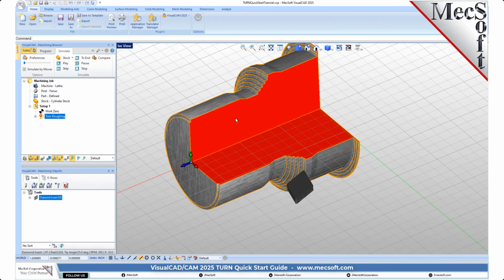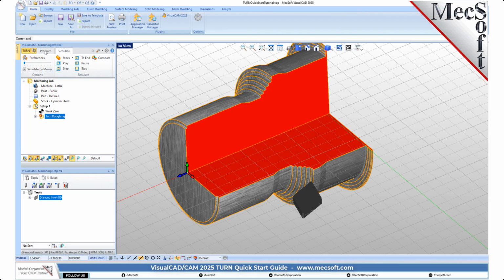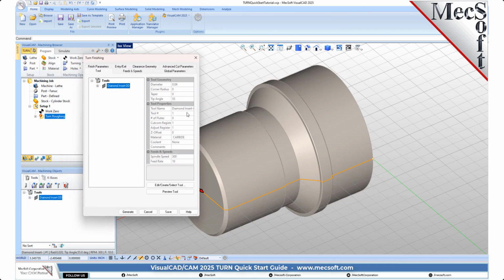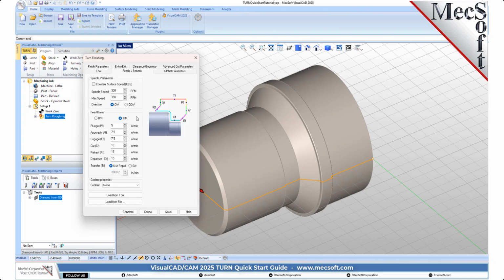We'll use the same tool, but this time use a finishing operation. Switch to the Program tab in the Machining browser. Select Turning and then Finishing from the menu. From the Tool tab in the Turn Finishing dialog, select the Diamond Insert OD tool. Now, pick the Feeds and Speeds tab and select the Load From Tool button. The system will retrieve the feeds and speeds parameters that were set when the tool was defined and associate them